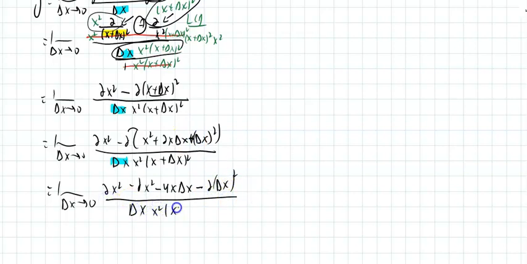And it's no big secret that things cancel out every time. It was proven that that's going to happen. So those two cancel out. Do you notice both of those have a delta x in them? So if I factor a delta x out, I'll have a negative 4x minus 2